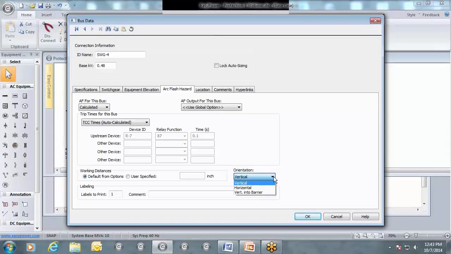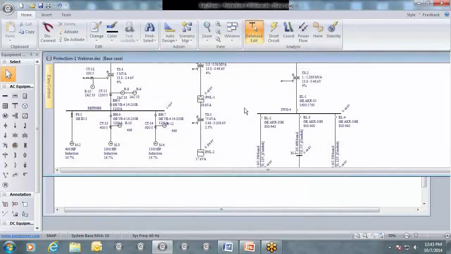And it is available, but that's what that is for. And then the final thing is labeling, which we'll talk about here in just a minute. But you can specify per bus how many labels you want to print, and have a label comment that's specific to this equipment. Going back to